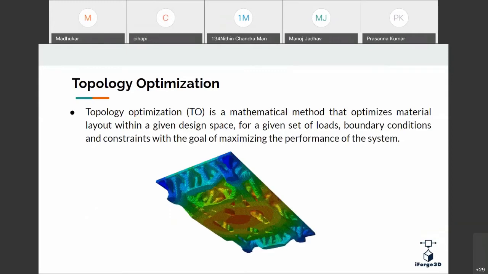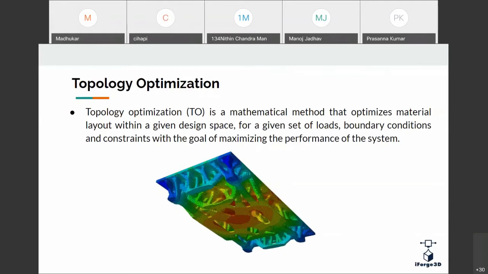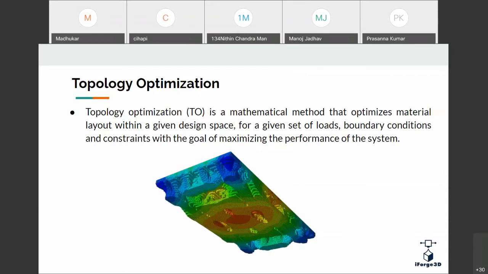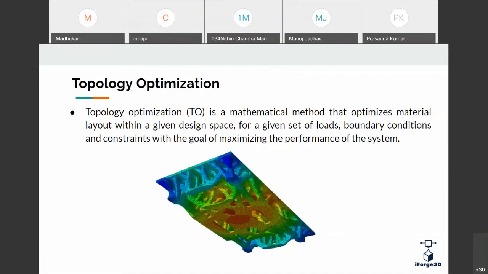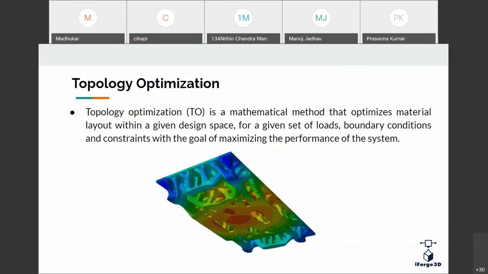Here my objective function is to minimize the mass of this total block. So I will apply the load and check the response of this total block before optimizing the mass. I will be getting some stresses and the factor of safety. If, for example, you get a factor of safety of around 6, but my requirement is only 2, then you over-designed this object. So there is a lot of scope to remove the mass from this.